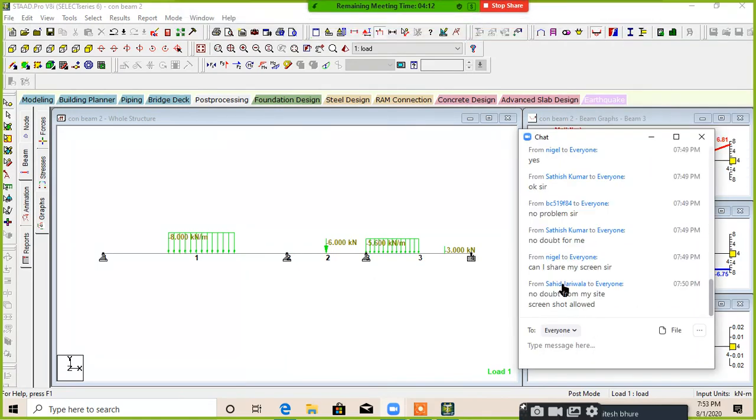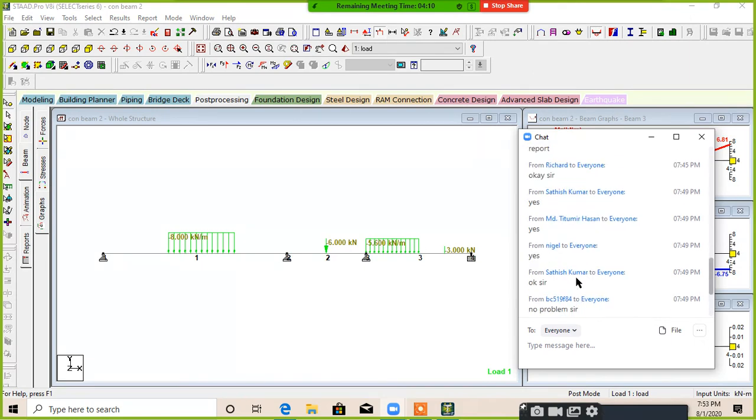Any other query to any of the members? So one more question, sir. Will it take long to show us a manual and a STAAD design result, for a simple beam?